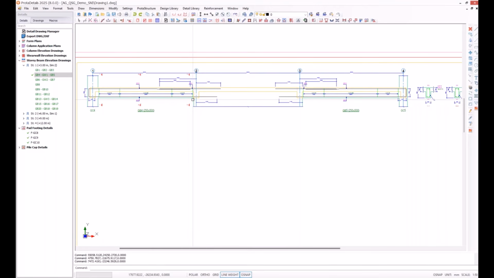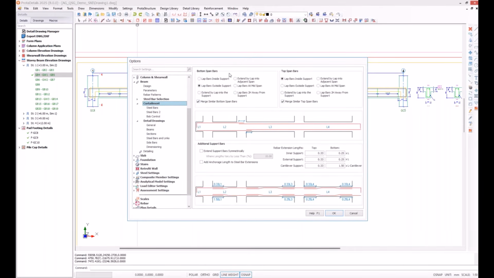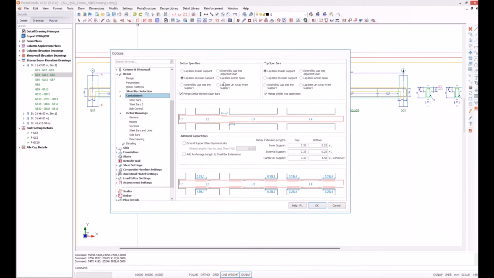That makes a lot of sense actually, because the 2H from the support is a region where we have the plastic hinge formations, and we shouldn't have our splices there, right? For the highest seismic zones, we have a setting here. I go to beam settings now. See curtailment. You see, as I said, there are really a lot of different options.